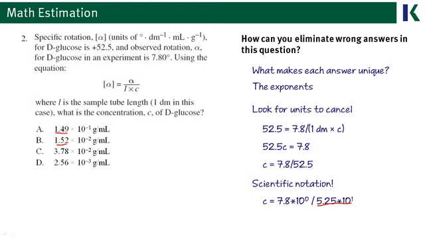If you do that exponent math, you know that C has to have a 10 to the negative 1 in its answer. We don't really care about the mantissa here, we know what the exponent should be. This saves us a little bit of time and gets us to the only answer that can work, which is answer choice A. This shorter way of doing the math happens to work because the mantissas, once divided, give a number that just has digits in the ones place. You don't have to move the decimal point around to get the proper scientific notation, so just looking at the exponents works to get the answer. So that's what strategic guessing looks like in the context of math estimation.